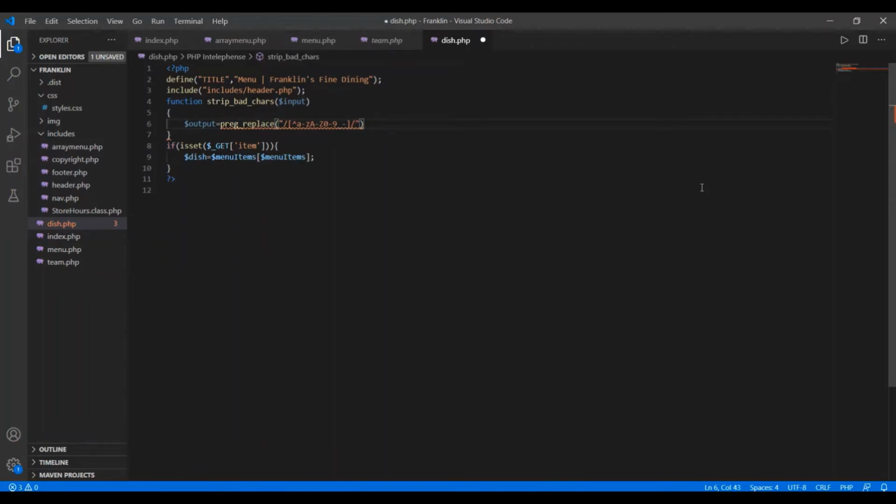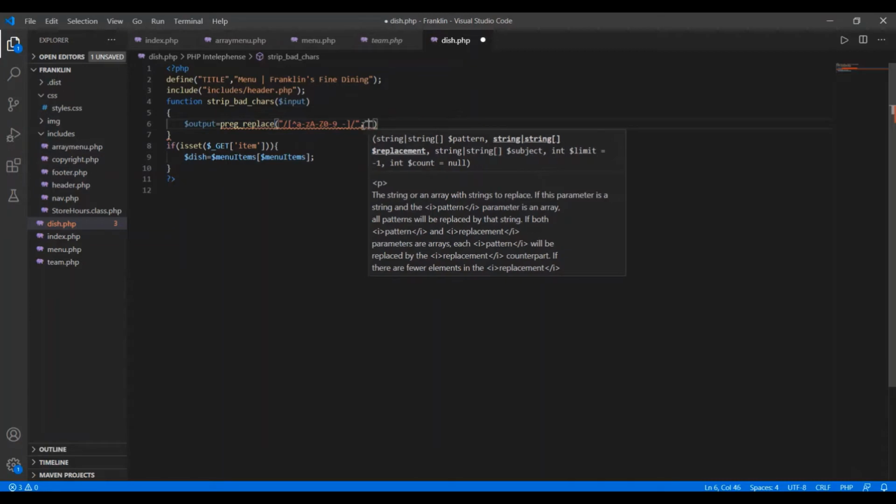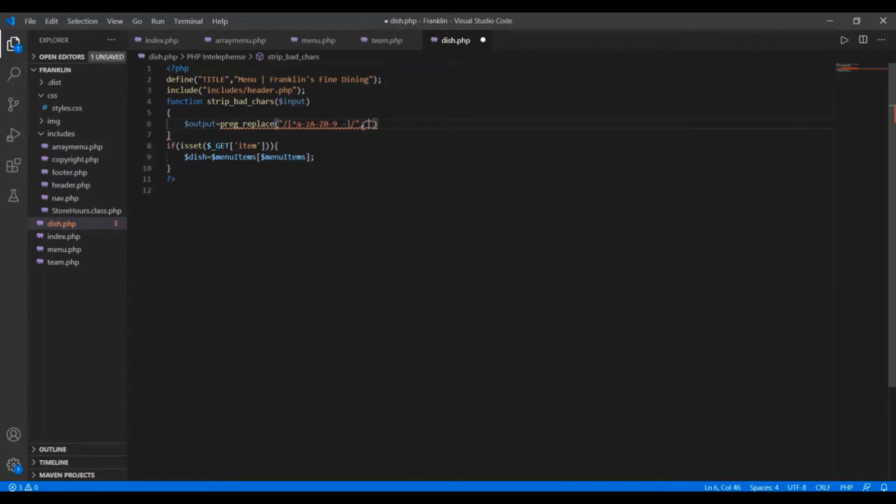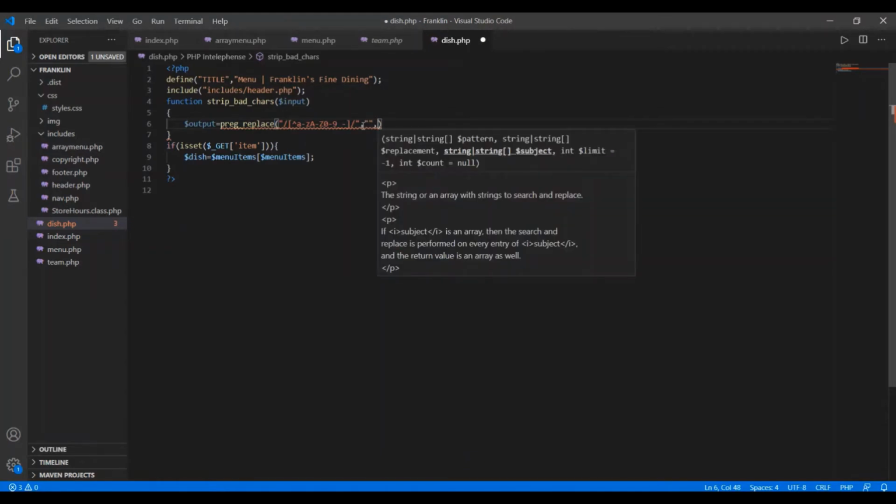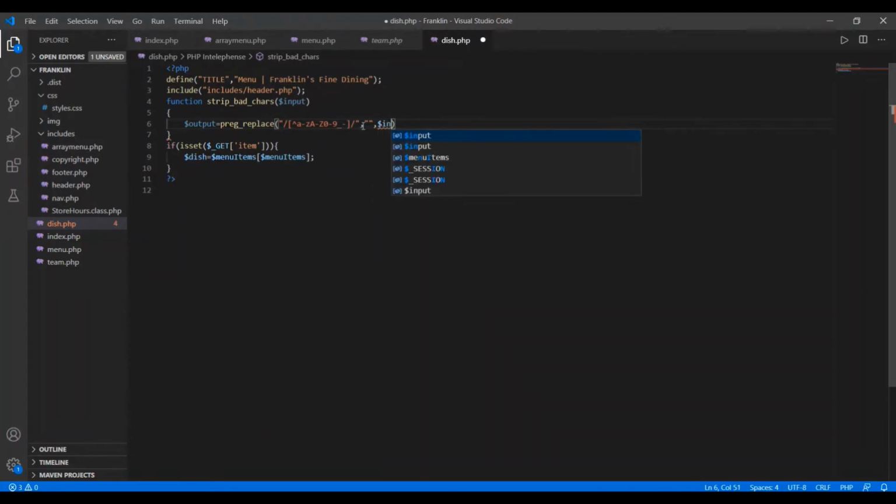So these matches we wanted to find out here. One more thing that we need to do here is to put the comma, and we just wanted to replace the blank spaces here. So this is for this, and after this we have to pass the string that we wanted to input, that is input.